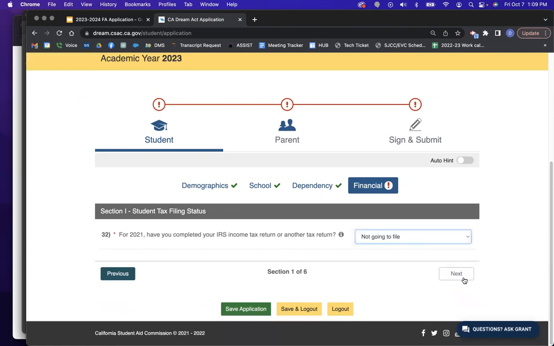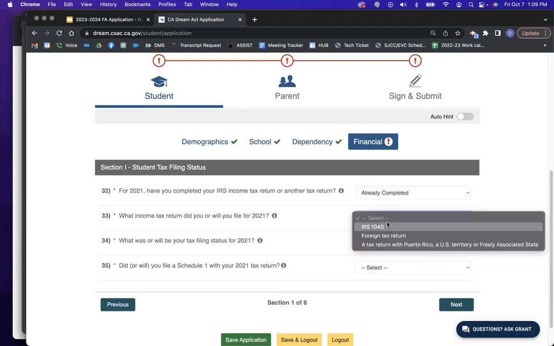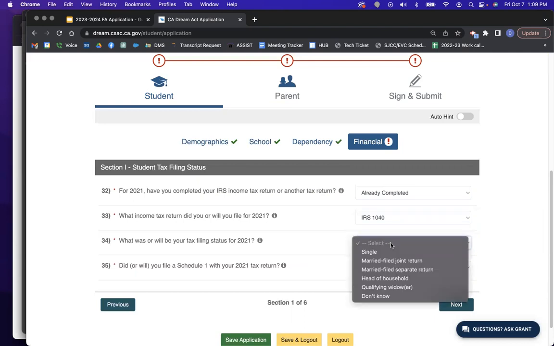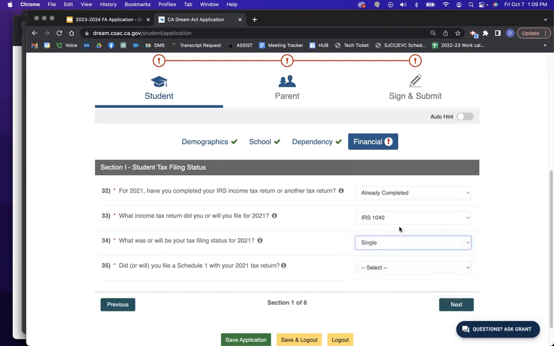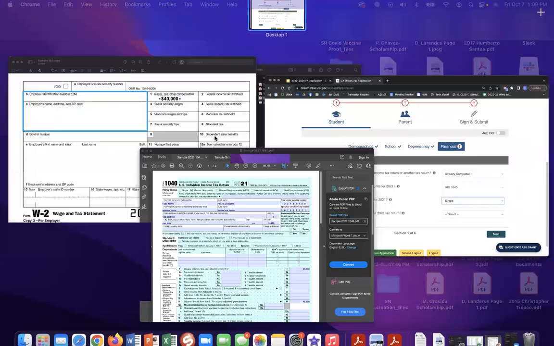But if you are going to file, or maybe I do already completed, it's going to ask you what tax return you did, which is the 1040, very likely that's the one that you were doing. What your filing status is, very likely single unless you are married, and then you could decide if you're doing married file jointly, or head of household. And then it's going to ask you if you filed the Schedule 1 form, and the Schedule 1 is the one that looks like